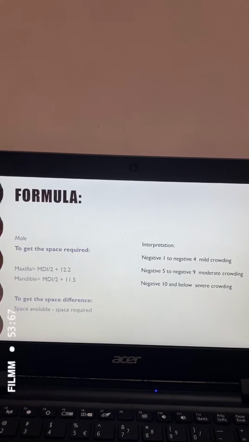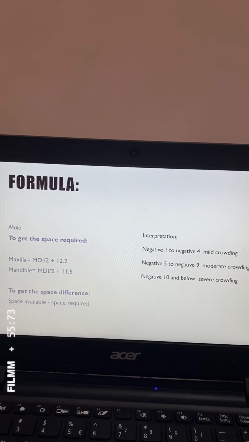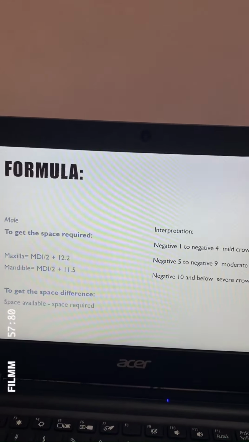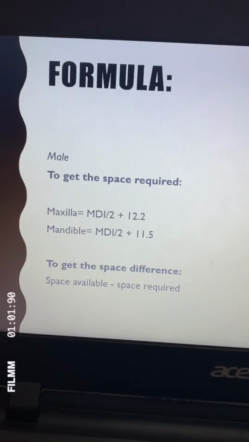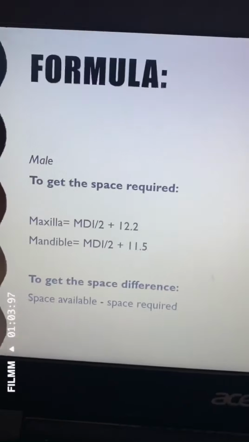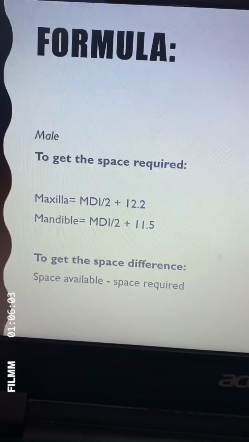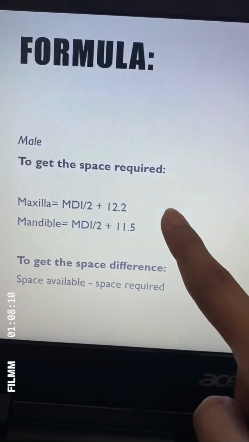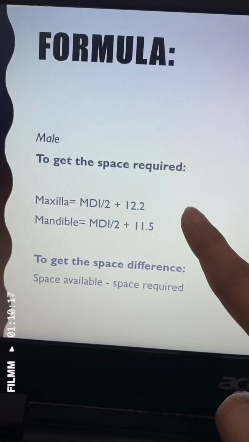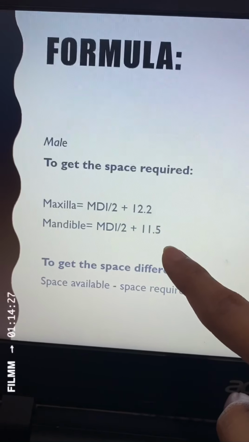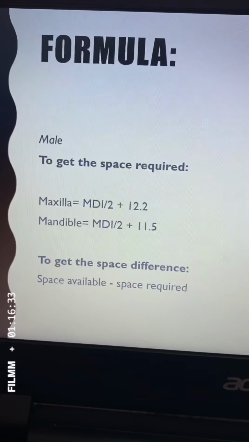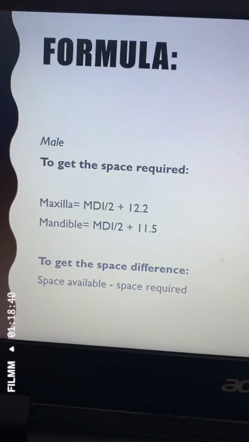Now that we know the given, we are here to know the formula to get the following. First, the patient is male. To get the space required, we have here the formula. For the maxilla, MDI divided by 2 plus 12.2, while in the mandible it is MDI divided by 2 plus 11.5. To get the space difference, all you need to do is